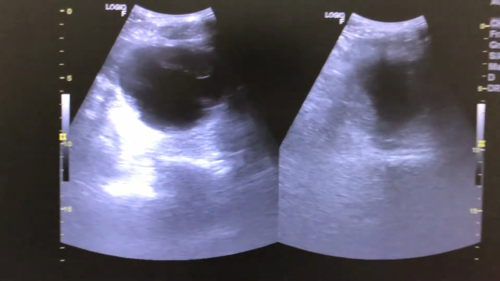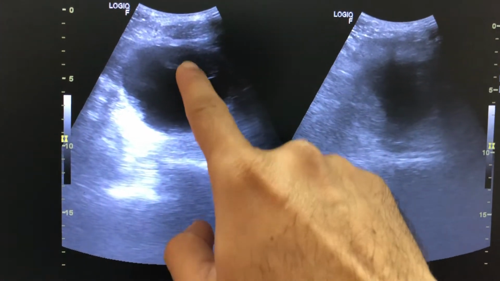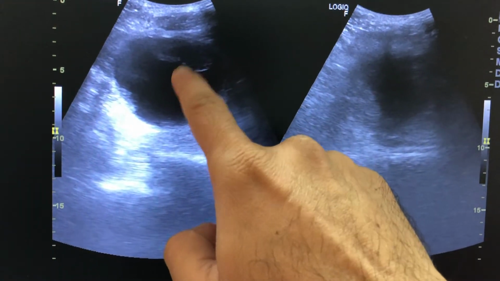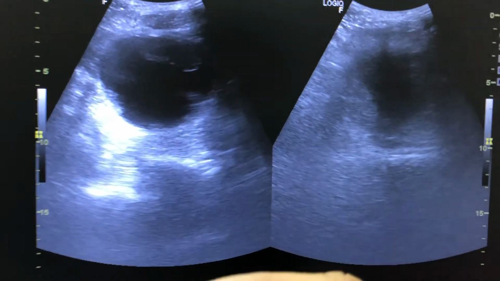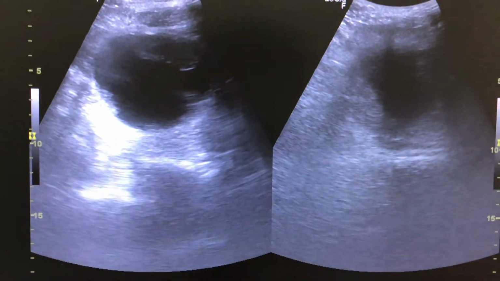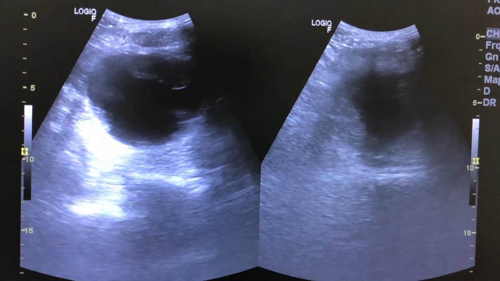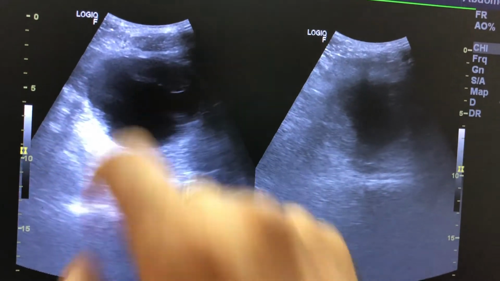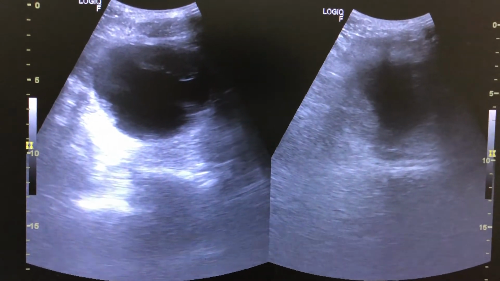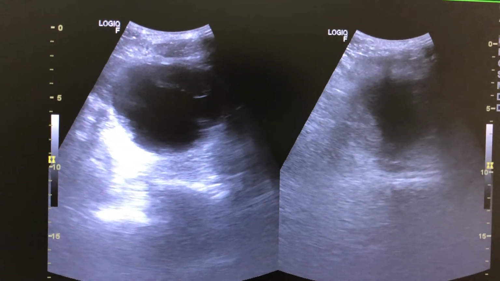then these clots were seen here, proximal to the probe. Proximal to the probe means it is now located in the dependent part of the anterior bladder wall. When the patient becomes prone, this anterior bladder wall becomes the dependent part, and these clots are now seen at the anterior bladder wall. I will show you once again.